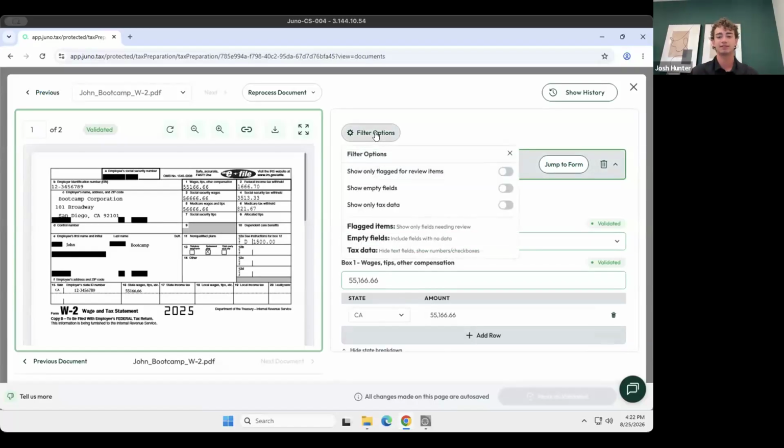And then within the human in the loop screen, or this validation screen, there's a couple of different filters you can use to help navigate through this and simplify what you're looking for. The first is show only flagged for review items. So this document came through and everything was validated right away. So if I toggle that on, it will hide all of the data. This will be best used if there's a form that comes up as awaiting review and you're looking for the different fields. Instead of scrolling through the document and looking for those, you can just toggle this on and